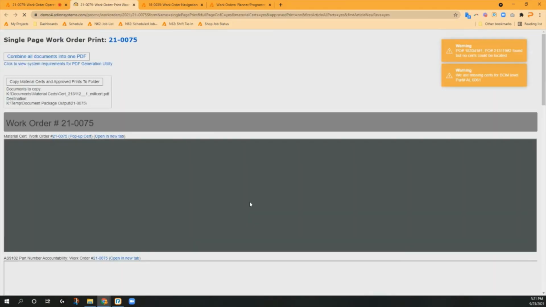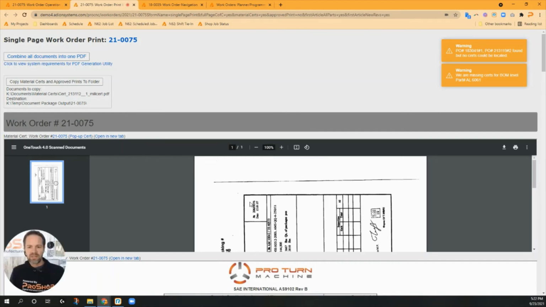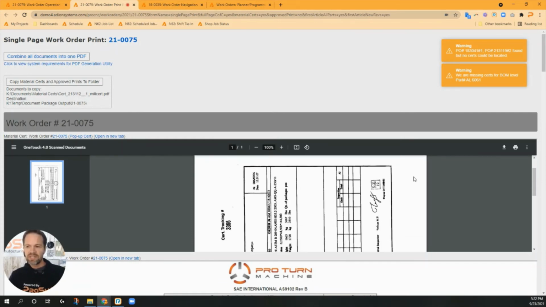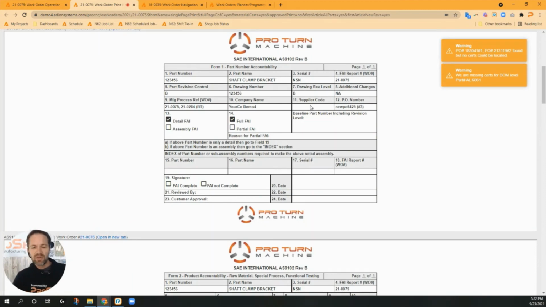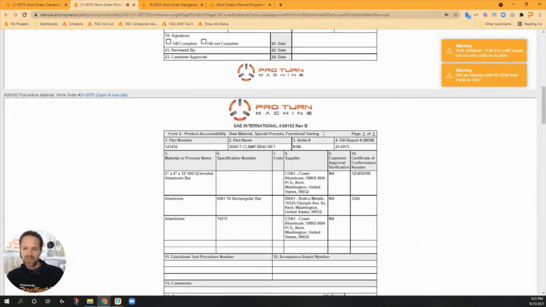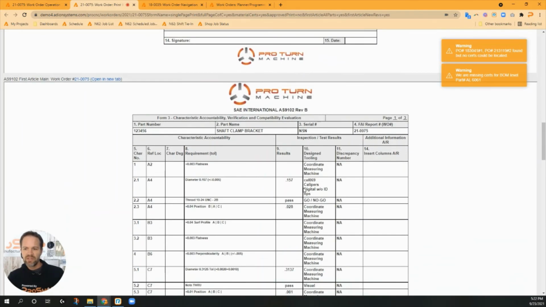ProShop's going to spawn a brand new tab, and it's going to go find all of the documents that are related to this part number. This might include the material certs that were scanned in at the receiving process. It might include the complete AS9102 first article report with all the fields already pre-filled, pre-checked off, right? We can see here, there's our form 1, here's our form 2. It's got our vendors, it's got our specs, it's got our cert numbers. Here's form 3 with the